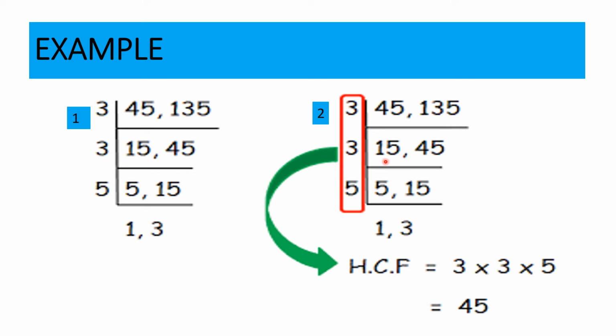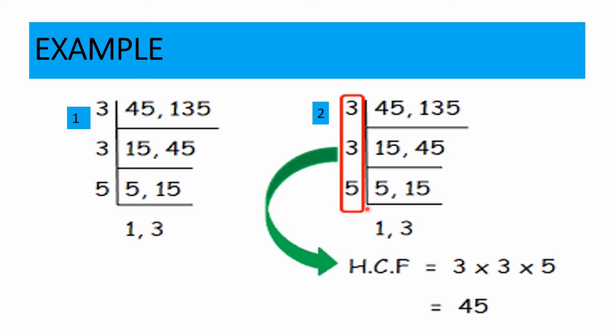Now again, you can see here, 15 is divisible by 3. 15 comes in 3's table. And 45 is also divisible by 3. Just now we have seen that 3 15s are 45. So 3 5s are 15 and 3 15 times is 45. Now again you get two numbers. Now you can see this is divisible by 3 but this is not divisible. Is there any number which divides both the numbers? Yes, the number is 5. So we will divide by 5. 5 ones are 5, 5 threes are 15.